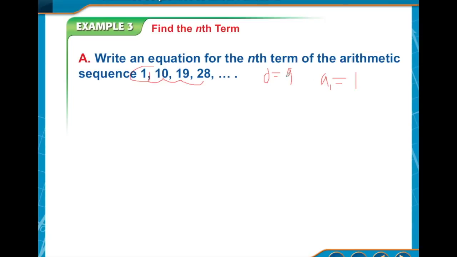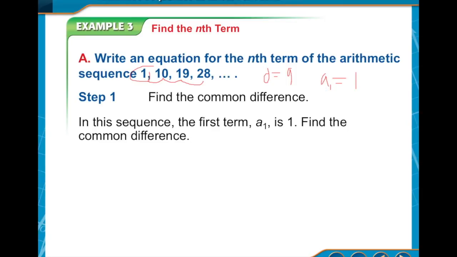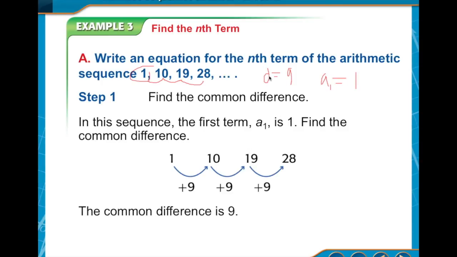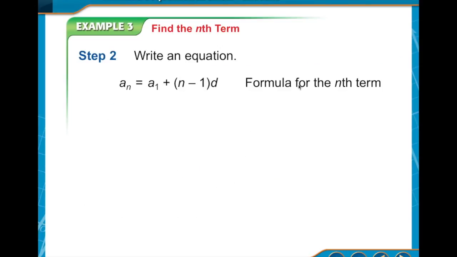So we would have to plug these two things into that blank equation that we had before and then simplify it. So we already said we know the common difference is 9. We found that. The first term is 1. So with those two things now, we can plug those in and write that equation. So the common difference is 9. Here's our blank formula for the nth term. Now we will plug in the two things that we just found. So we know A sub 1 and we know what the common difference is. So we plug these things in